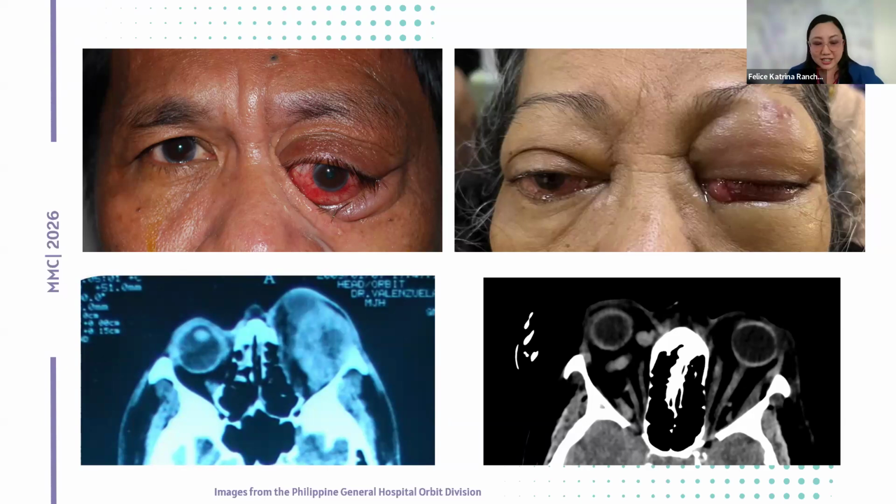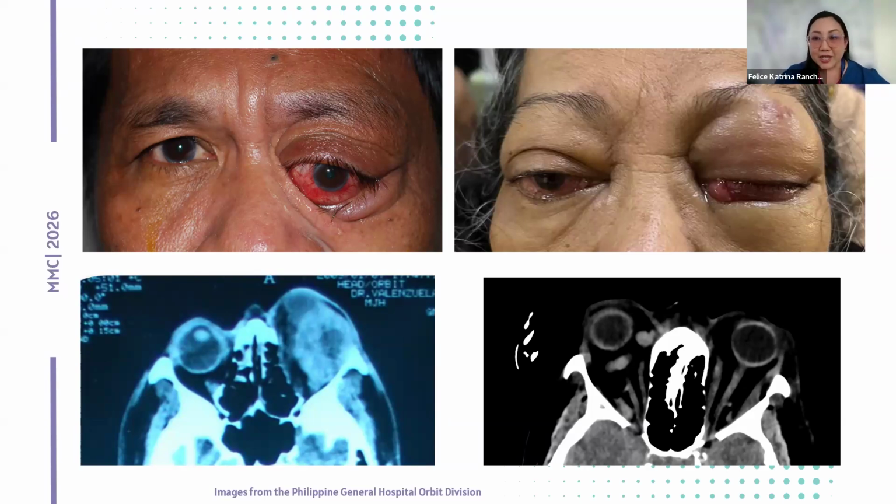So in contrast, on the other side, we can see, so the patient on the left side just has increased volume of the orbital contents, causing globe displacement. So there's no compartment syndrome going on here. So this patient retained good vision and motility and normal intraocular pressure despite the marked globe displacement.